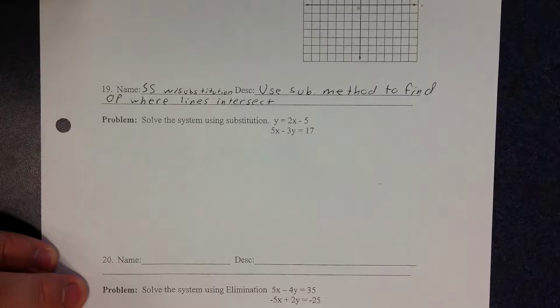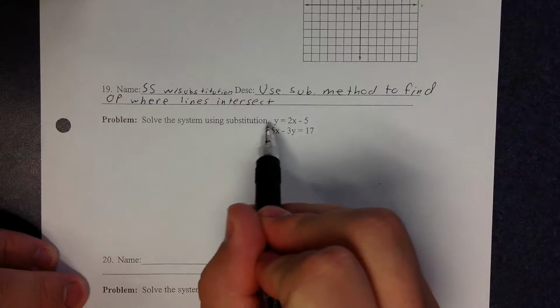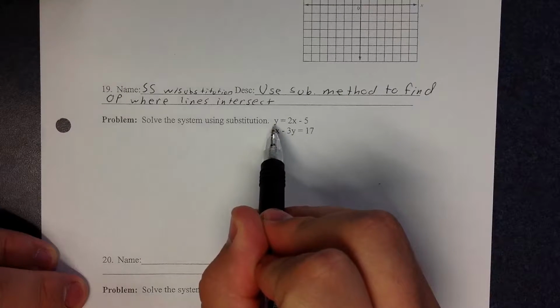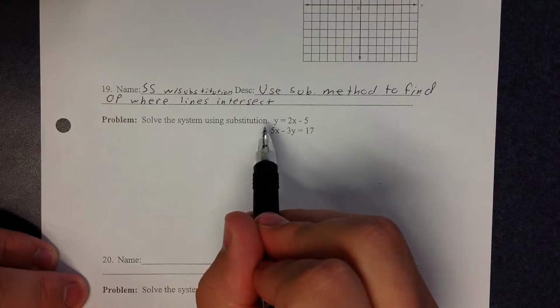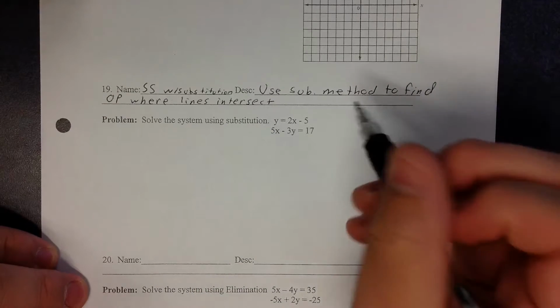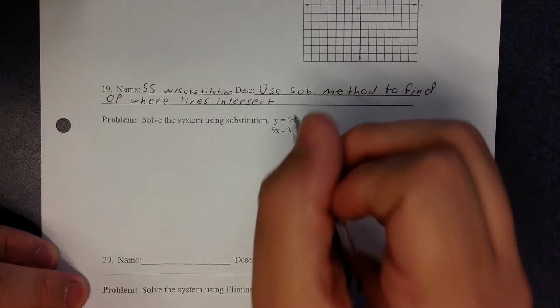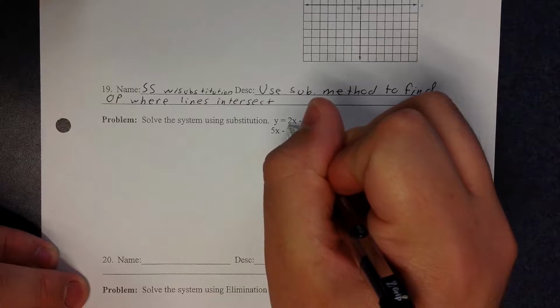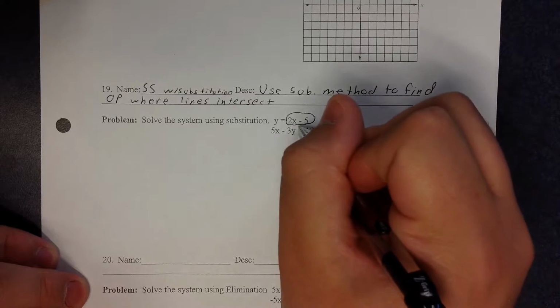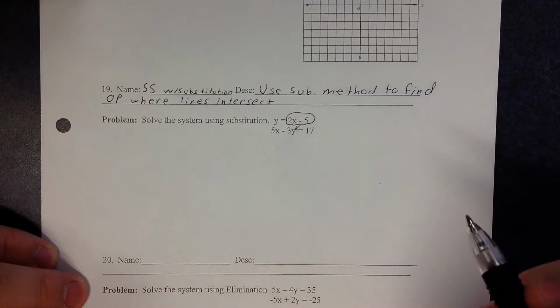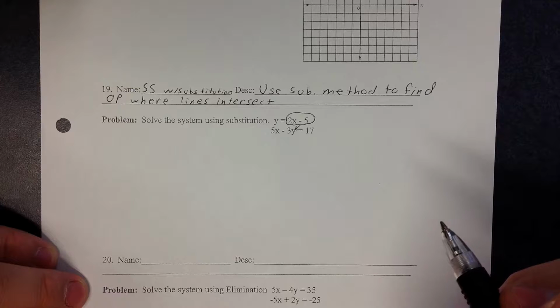When we try to use the substitution method, we try to look for a variable that is completely by itself on one side of the equal sign. So if you look at that first equation, the y here is completely by itself, nothing next to it, and nothing else on that side of the equal sign. So when we find that, that means we're going to take what that variable equals, which in this case is 2x minus 5, and we're going to substitute that in for the y in the second equation,